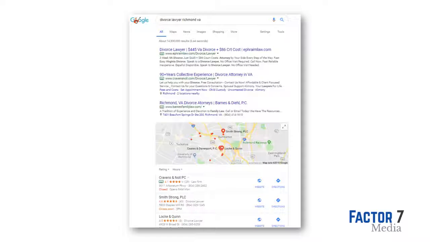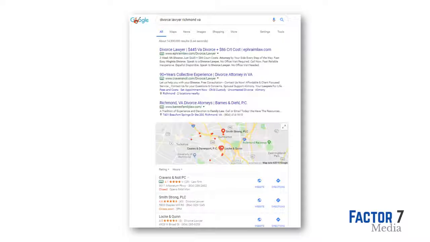When people go to Google and they search for a divorce lawyer or any other business, this is what they're going to see. At the very top, they're going to see 3 ads, which are pretty expensive, and it takes a lot of experience and skill to get results from those. But the next section is actually where more people go to look for a lawyer. And once you get placed here, it's free.